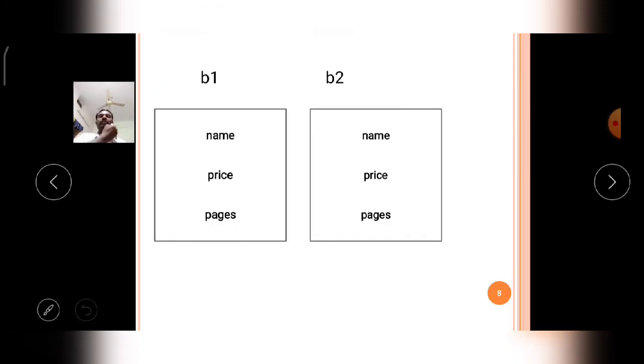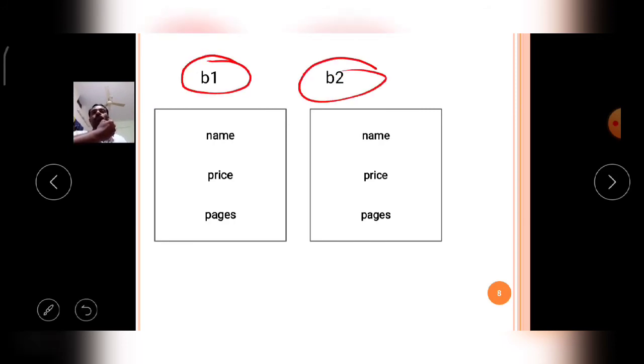Then coming to here, observe the pictorial manner, how it is stored. Now in the program I declared B1 and B2, two struct book variables. The struct book data type variables contain internally three variables, that is the name variable, price variable and pages variable. Same for B2: in B2 also the name variable is there, price variable is there, pages variable is there.